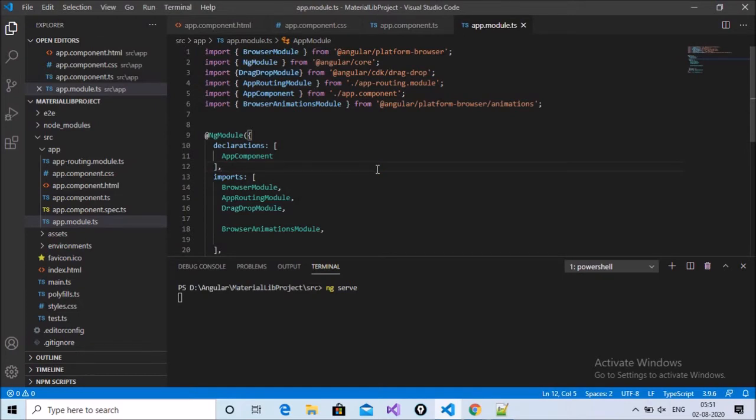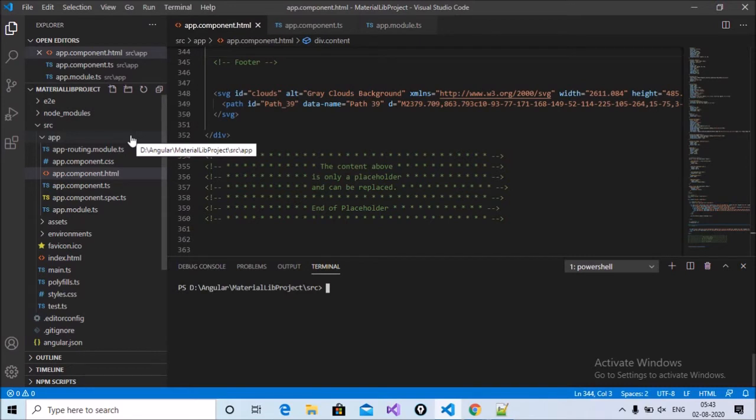The next step is the HTML part. Firstly we will complete the HTML for drag and drop, after that the CSS, and the third step is the component. I will implement drag and drop functionality with sorting in this project. Let's start. You can see three files here: app.component.html, app.component.ts and app.module.ts.